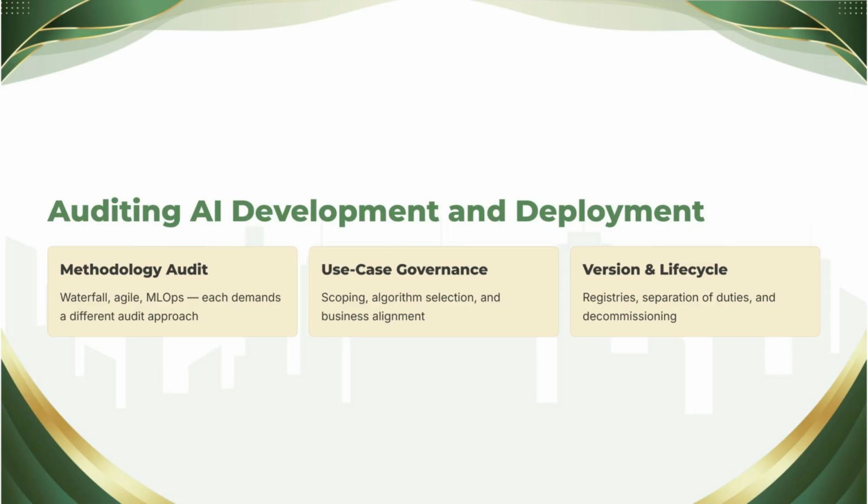And fourth, the gates and the guardrails: pre-deployment validation, sign-offs, governance gates, model version registries, experiment tracking, separation of duties, and finally, decommissioning governance with regulatory look-back archiving. Because the end of a model's life is an audit topic too, as you already know from Chapter 3. By the end, you'll be able to sit across from a data science team and audit their build process with